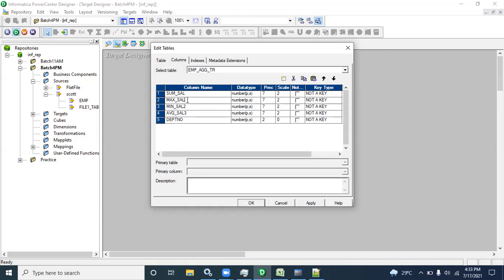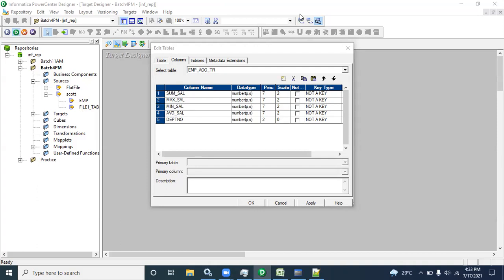Suppose I want to see the target with the department, because which department? I don't see anything moving on your screen. Is the screen stuck? No, it's not moving. Okay, just a second, please.